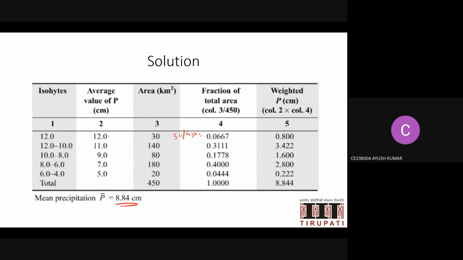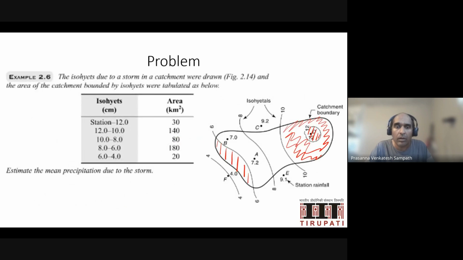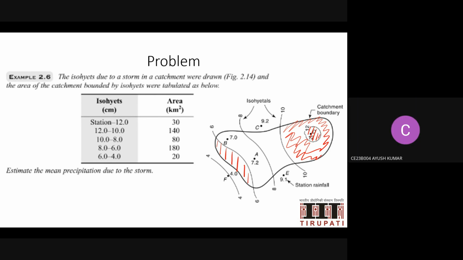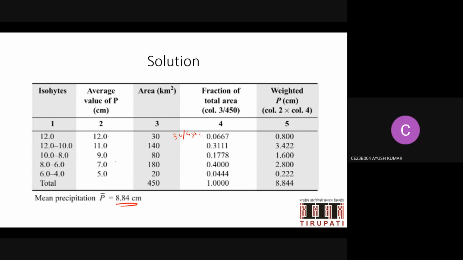So can you explain the mean precipitation part again? The mean precipitation part. Okay. Do you want me to explain it on this slide or the next slide? After that area slide, the 12 centimeter area. Oh, here. Here, this column number 2. Yes, sir. Okay. So